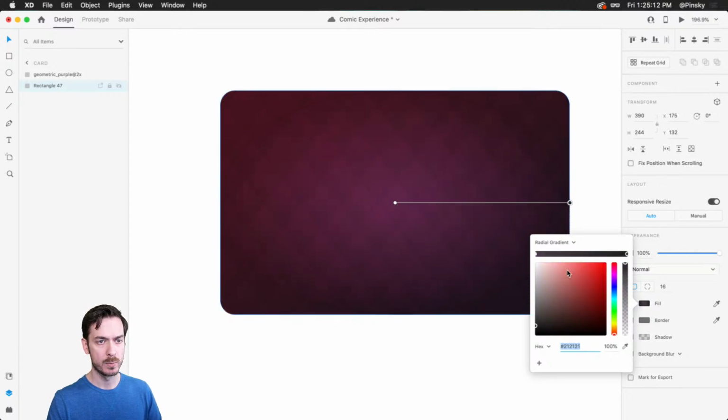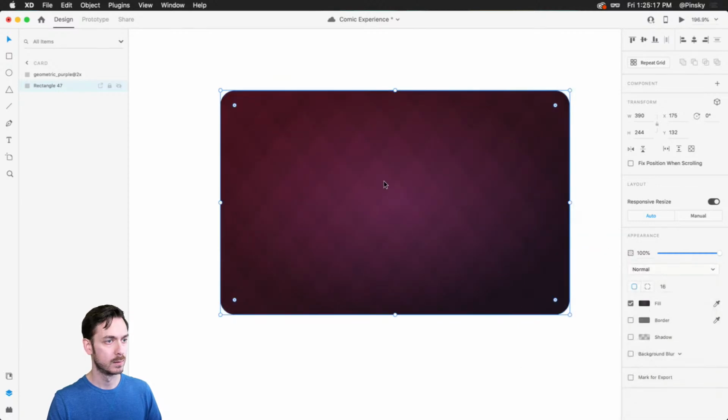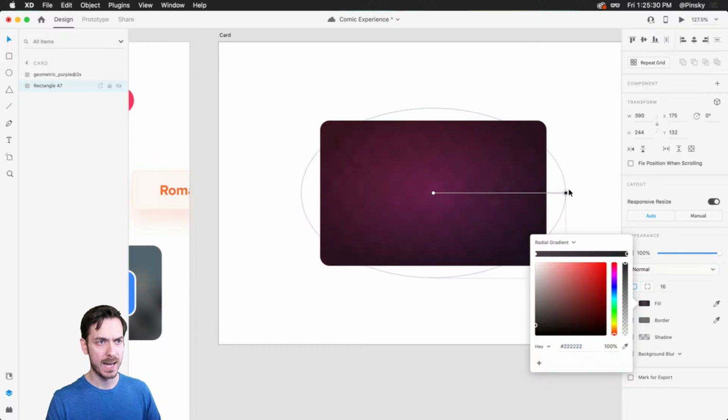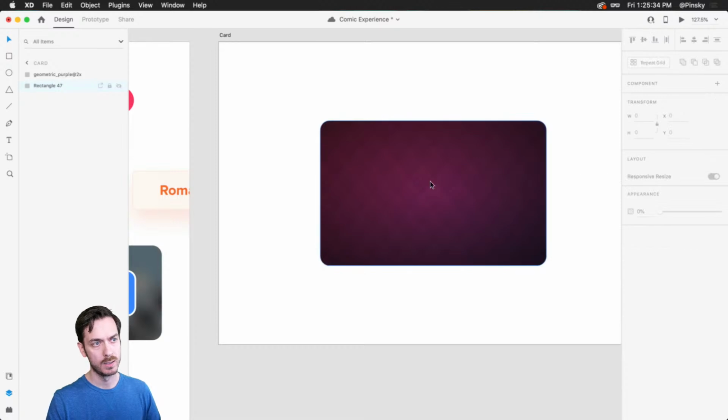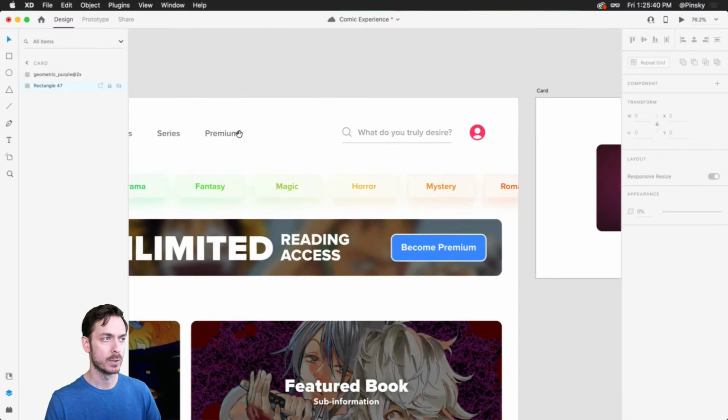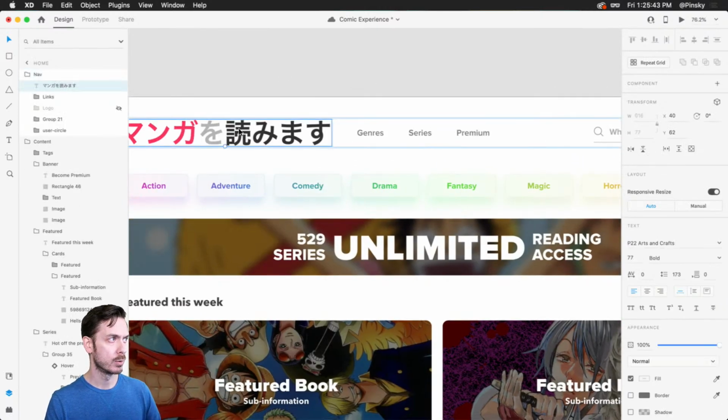So you can just experiment with these sorts of things until you get something that looks pretty fancy. Soft light, overlay. Ooh, overlay's kind of, it almost has like a little velvety feel to it, right? Kind of fancy. All right, so we've got our card, and actually I'm gonna make a little change to, now that I'm zooming out, I might wanna just expand this a little bit so that the radial gradient isn't too harsh. And then on the inside of this, we may just want some simple text that says premium of some sort, and maybe also the logo. So I'm gonna grab this logo that we've been working with,